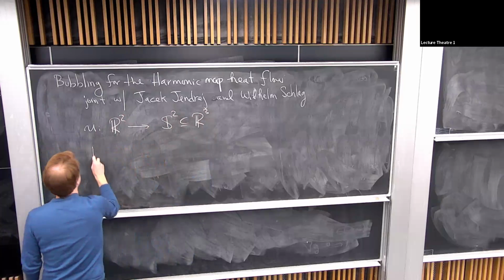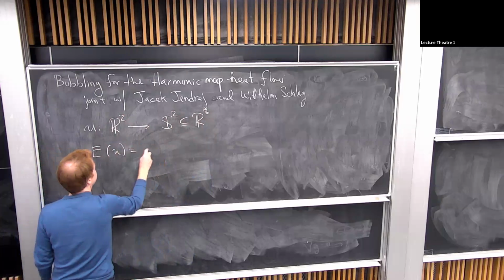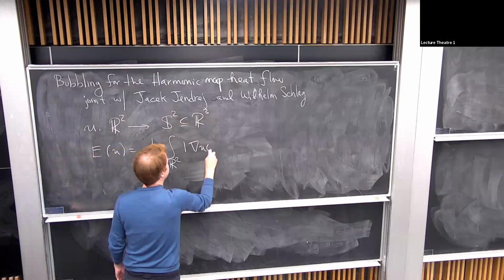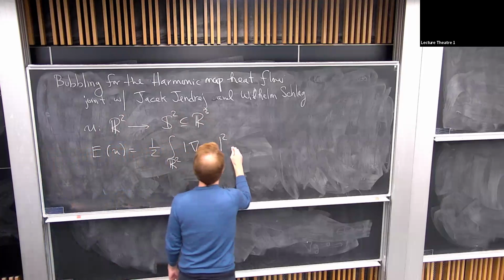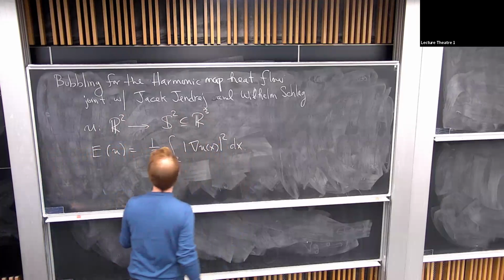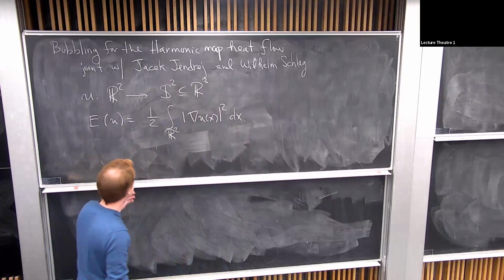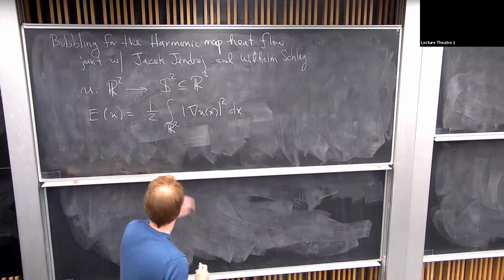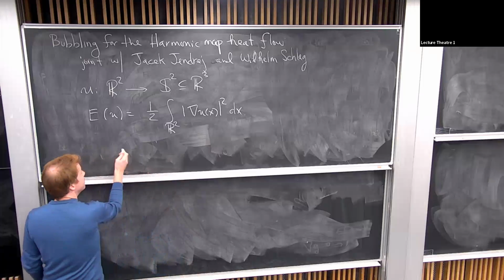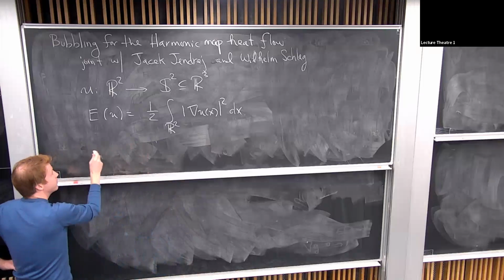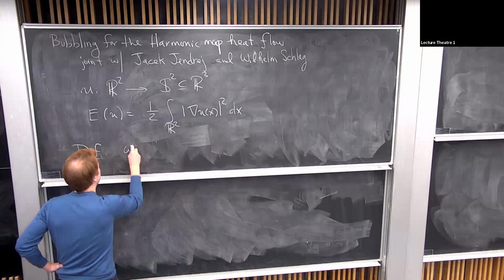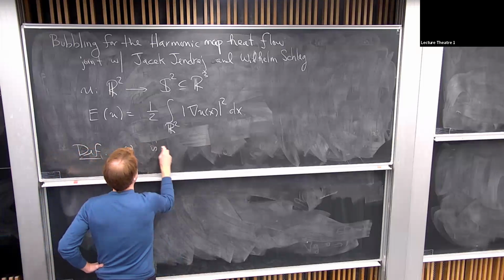And to such a map, you can associate the Dirichlet energy. This is the gradient of u. So u is a vector in R3, and this is its gradient, dx. This is a natural object, and it's classically studied. What we'll be interested in are the critical points of the energy functional. So I can make a definition. I wrote u, but I'm going to call them omega. So omega is a harmonic map